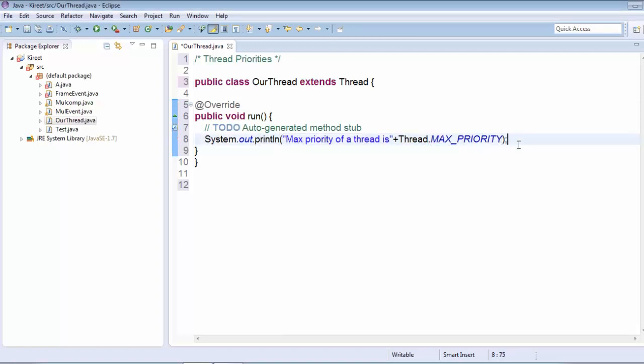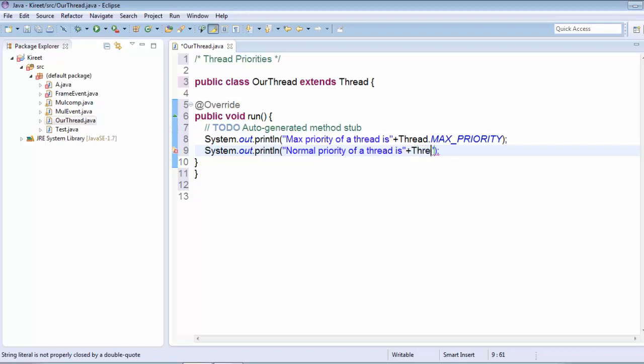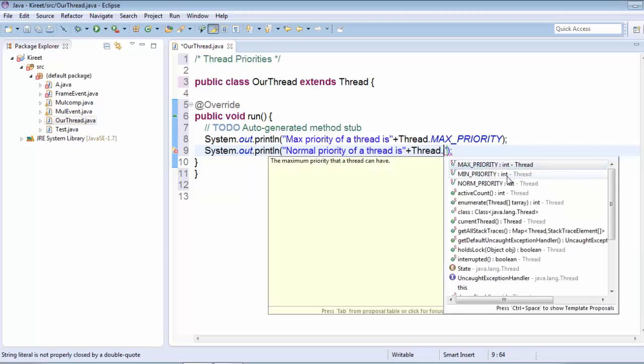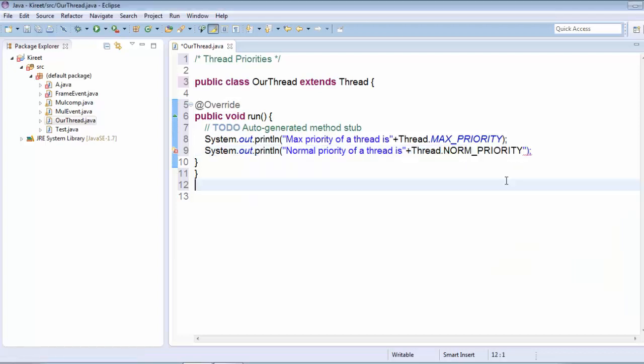In a similar way we write sysout, the normal priority of a thread is, and again you write thread dot control space and choose the normal priority.